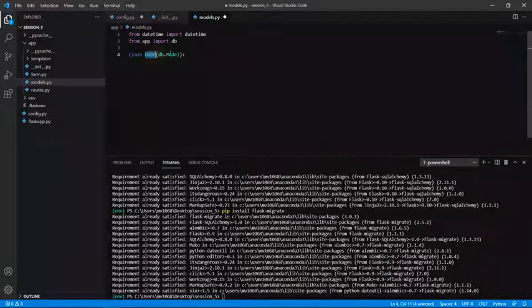Okay, the User class. Now we are going to define the structure of this user database. As we mentioned before, first we have to define the ID, which is the primary key. With each row added, this ID will be automatically updated in the database. So we are first creating the ID, and for that we are setting the attribute primary_key as True. That is, this ID is going to be the primary key.